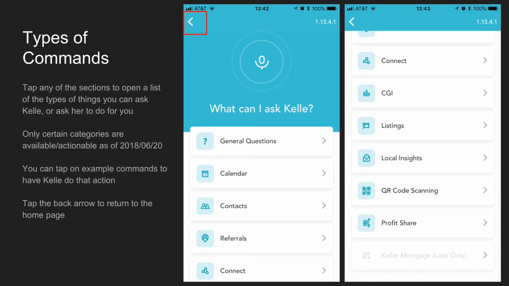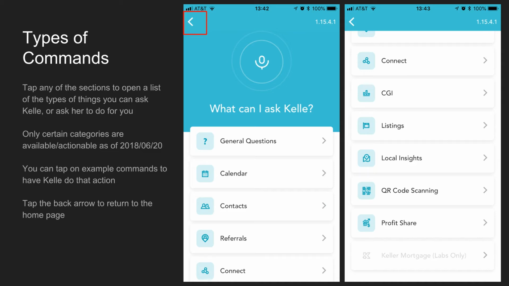This is one of those things that different lab participants are going to have different features in here. I'm going to show you what I've got on mine, and there are some things that you may have that I don't, and I may have that you don't. But for now, if there's anything that's different between your screen and mine, it's probably just because of your lab's permissions. So once the information menu is open, you can tap on the different sections to see a list